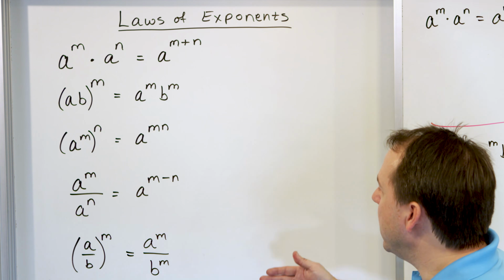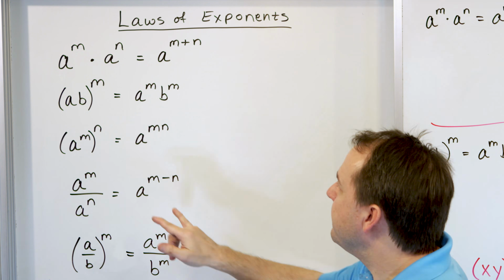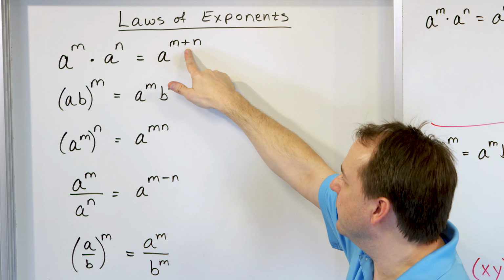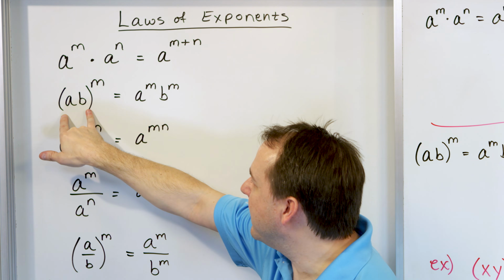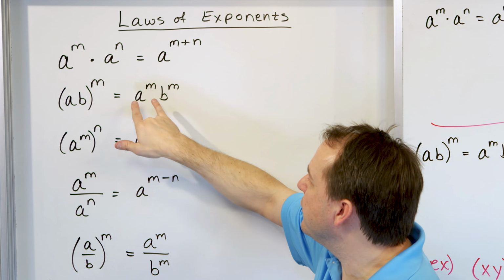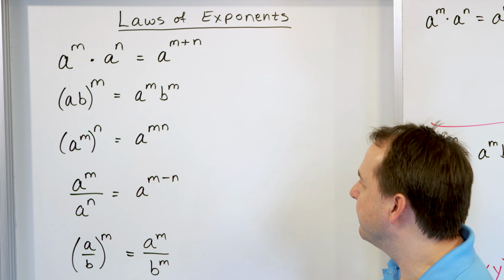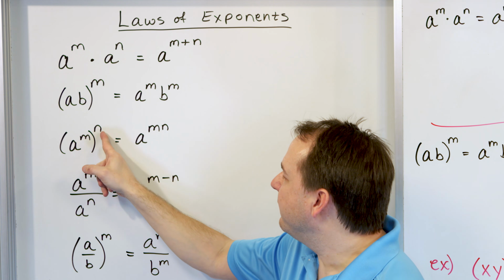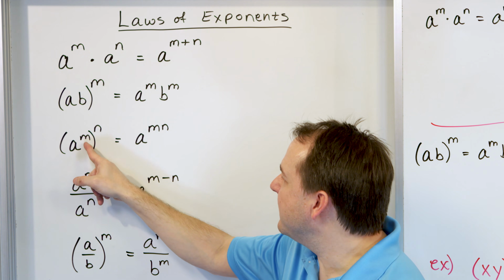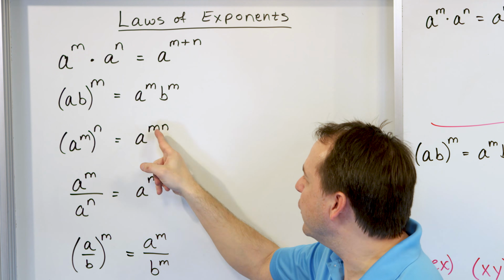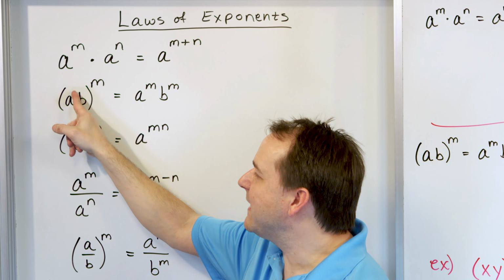So we went through each one. The basic takeaways of it is, if you have two things multiplied together with the same base, you can add the exponents. If you have two things multiplied together that are raised to an exponent, you can basically distribute that exponent into the parentheses to each term. When you have a power raised to a power, you can of course distribute it in, but it has to be multiplied together. Notice that we said m times n here,